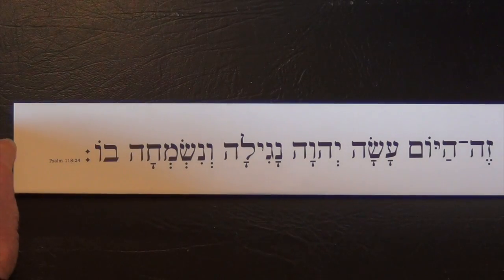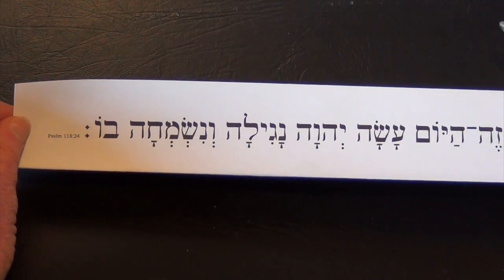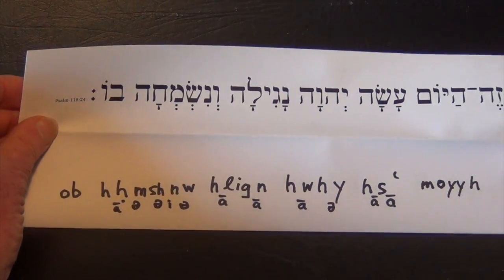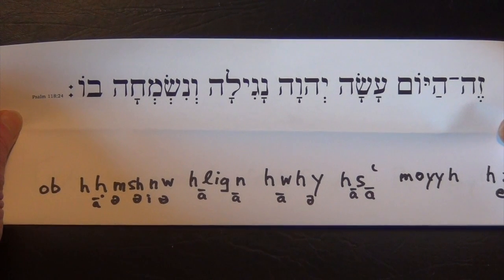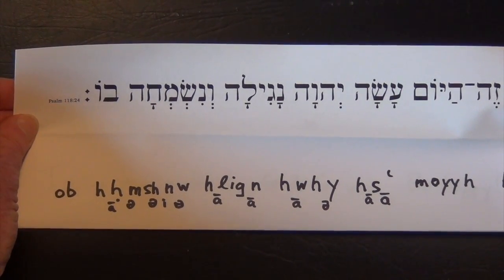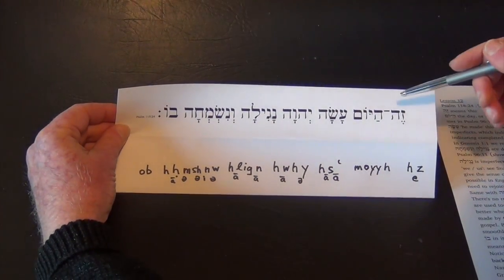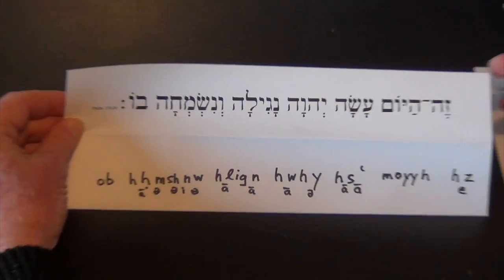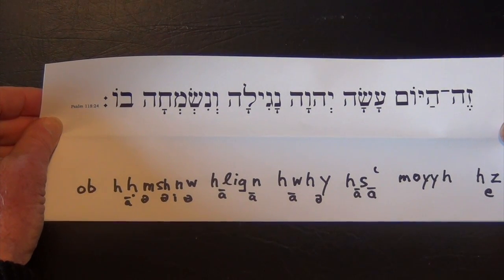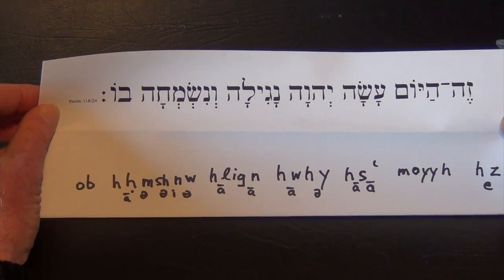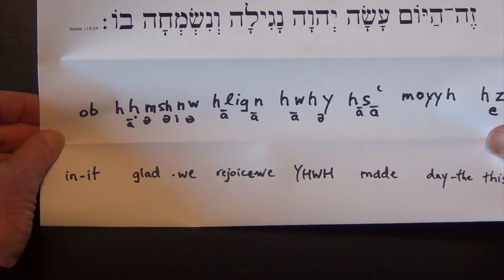So let's unfold our paper, and here I have the letter by letter. Again, it's pretty messy. I recommend that as soon as possible you just learn the Hebrew characters and dispense with this messy letter by letter part. But anyway, there it is if anyone wants to look at it, and here is our